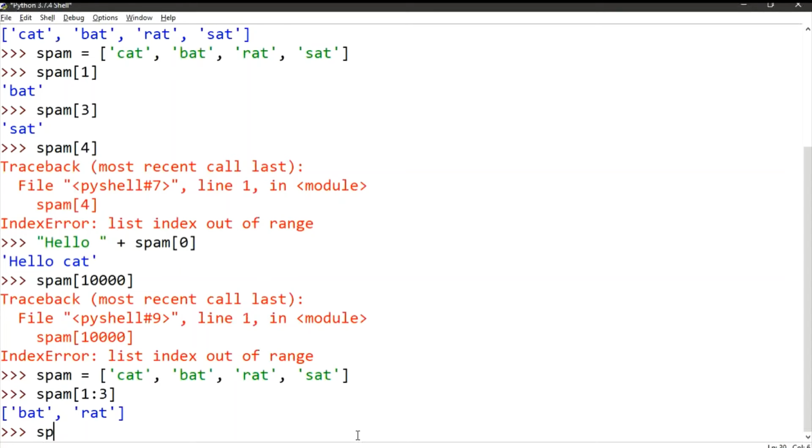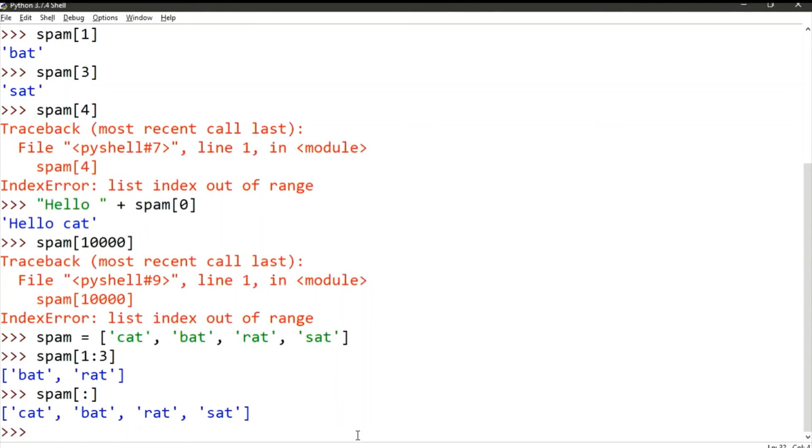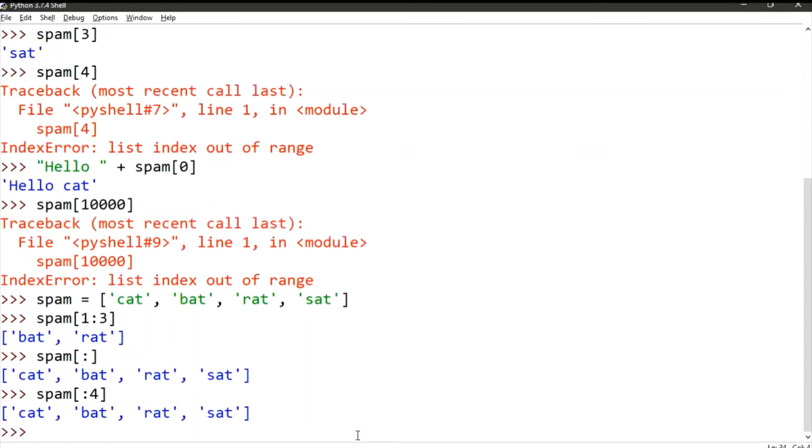Now if I want to get till the end, I'm just going to do this. Please understand this: I have neither given the start nor the end, so it's going to print the whole list. Similarly, if I do spam, start from the 0th index and get me till the 4th index, I'm going to get the whole list, of course, because the 4th index is not present.